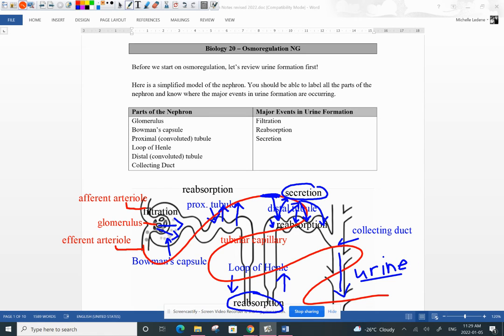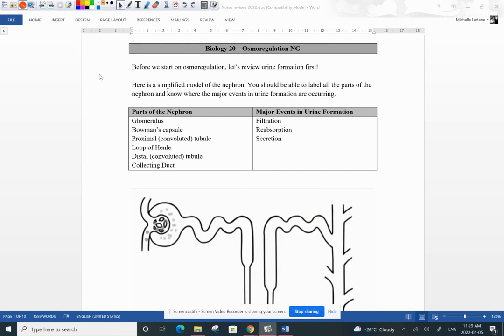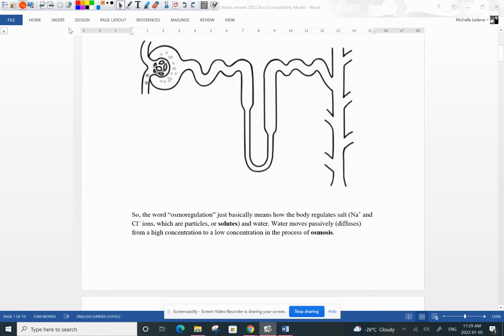Okay, and so at that point in time, it will then go into the renal pelvis and into the ureters, stored in the bladder, out the urethra, and into your toilet. Okay, so that's just a quick review for us of the different parts of the nephron and the events in urine formation. So the new material we're talking about today is all about